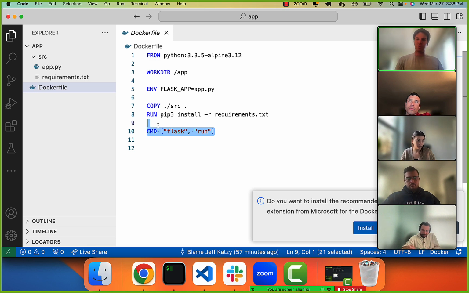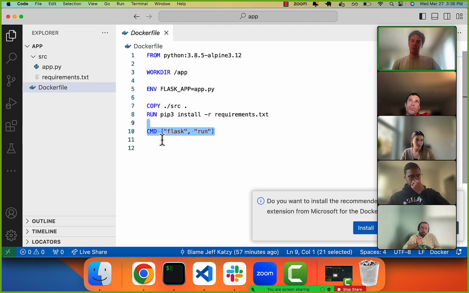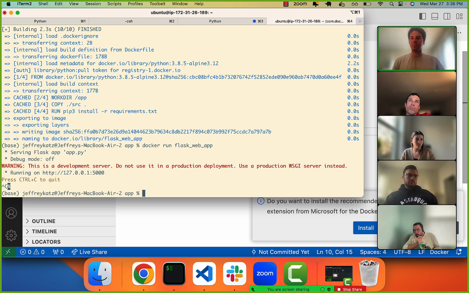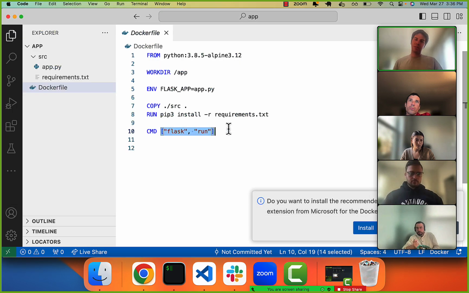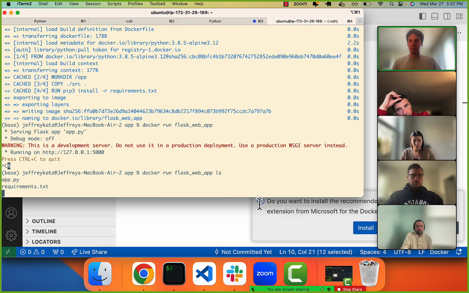So then as we know, with Flask, when we call docker run, that's when finally we're going to be at runtime executing the command, okay? And then the other thing we know about CMD is that what we're specifying is default behavior, okay? So in other words, we don't have to run this when we boot up the container. We can choose to override it, right? I can just list the contents. I'm going to override flask run with ls and just decide, okay, I'm going to list the contents now instead,